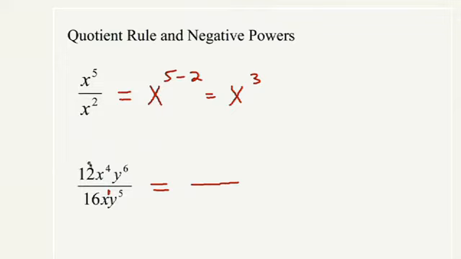First, I can reduce this fraction. A good common factor for 12 and 16 would be 4. 4 goes into 12 3 times. 4 goes into 16 4 times. So in my final answer, there's a 3 up here, and there's a 4 down here. Again, in these problems, I recommend that you deal with just one thing at a time. First look at the numbers, then look at the x's, then look at the y's. Just one thing at a time. Don't try to do too many things at once.